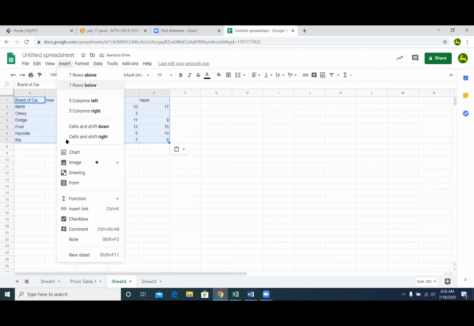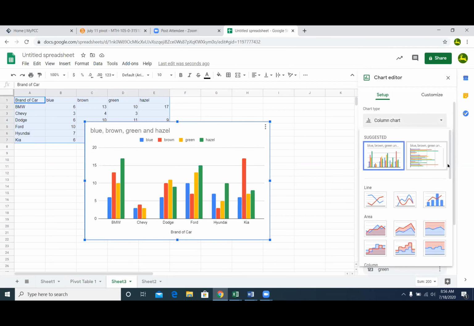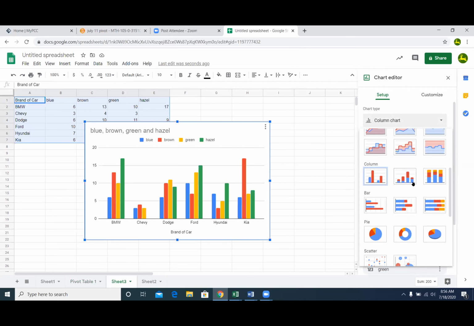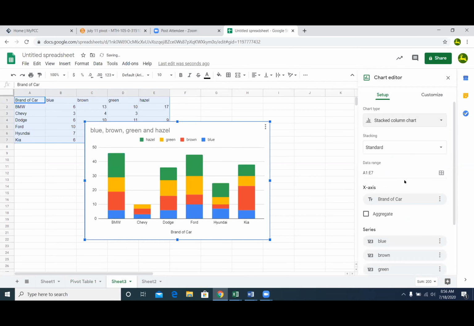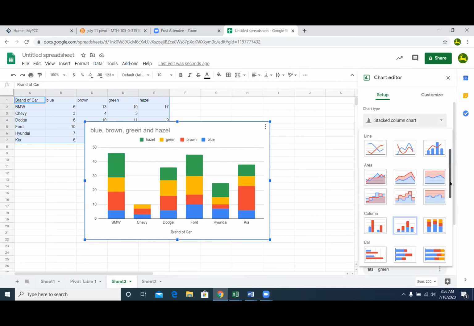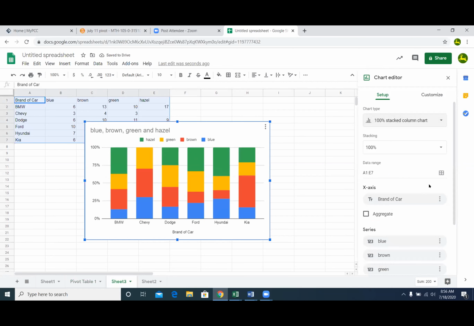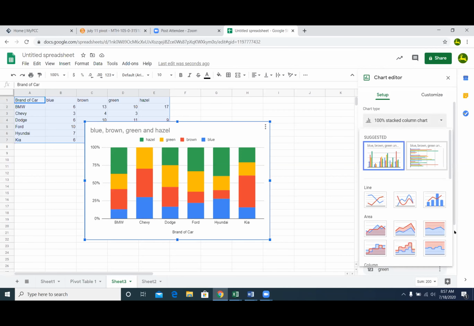Insert Chart. It assumes it knows what you want, but if that's not what you want, you can also select down in here some other sorts of charts, like for instance this stacked bar chart. Boom, done. I would say this, be careful. There's this stacked bar chart down here that is different looking. This is because it does them each as if they're percentages. That's a true pie chart in essence. You with me? It looks like we sold the same number of cars. I don't like that one because it looks to me like we sell the exact same number of Fords, Hyundais, and everything. I prefer this one, which gives me the best